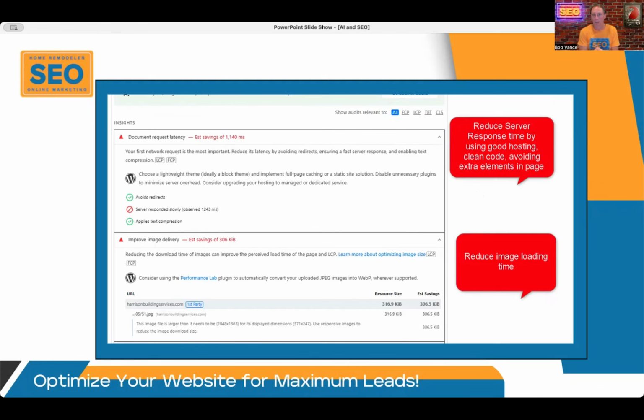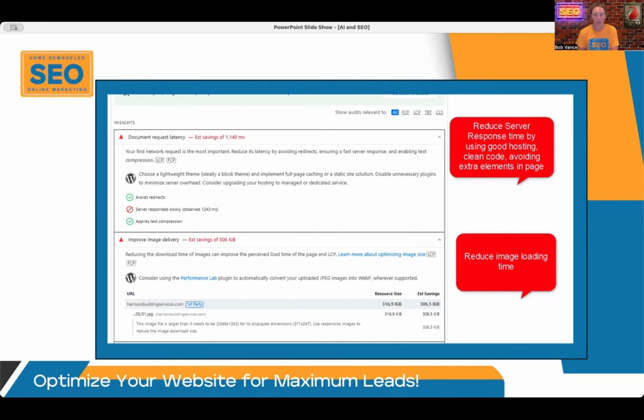Now, would you want to take an image shrunk like that and print it into an 8 by 10 glossy or a poster? No, of course not. But you also don't want to be using those for your website either. So this is where you can really think about picking up some small victories, just going through each of these things one by one, and it will matter for your user experience, and it will matter for how Google rates you in their algorithm.